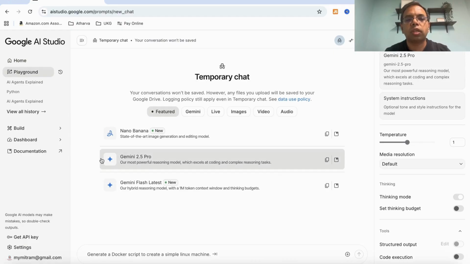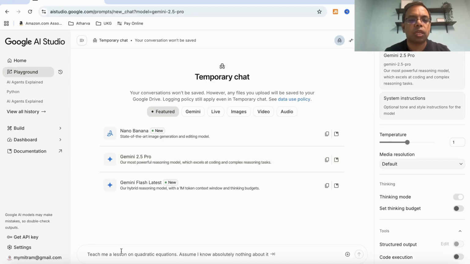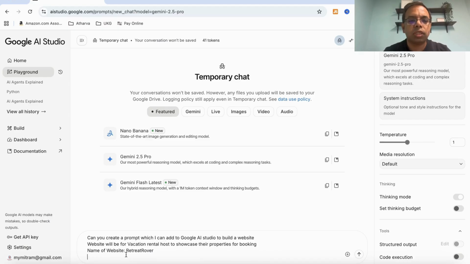Then when you reach there, you can use Gemini 2.5 Pro, which is the latest one. But if there's something else which comes up later, then you can use that as well. Now what we are going to do is we'll just provide a general instruction. We'll ask it to create a prompt which we can add to this AI Studio to build a website. And we are building a website for vacation rental hosts, people who own short-term rentals and Airbnb, so they can showcase their properties